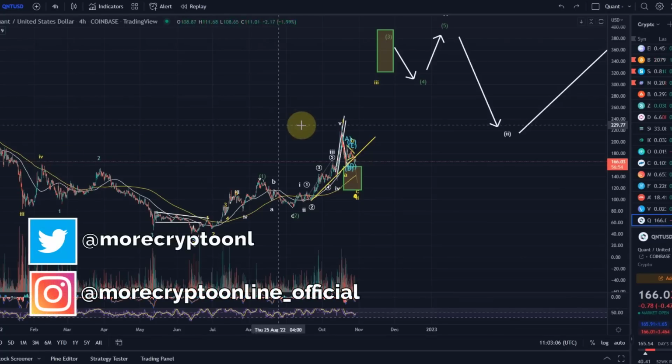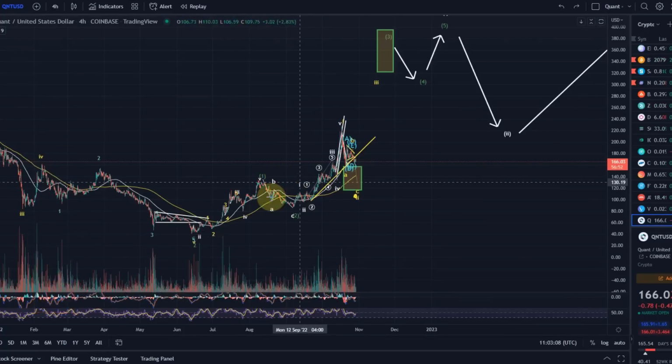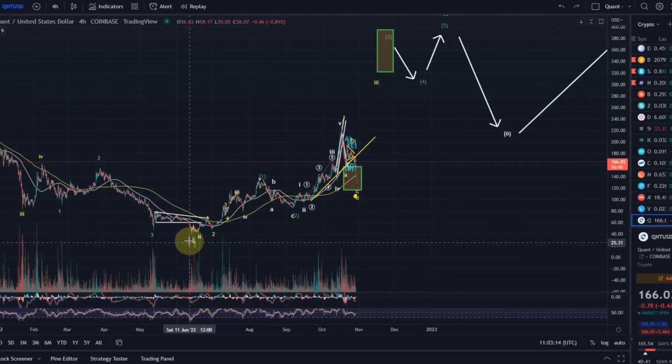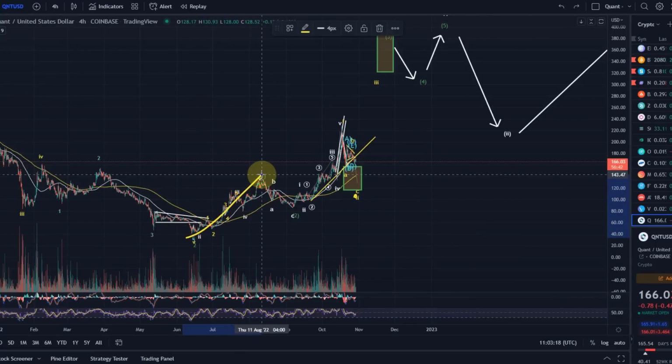Let's start with a higher level outlook. My view is still that we've already seen the bear market low here, around $40. At the time we reached the 88.7% Fibonacci retracement level, we did reverse and started to move up in a wave one, an impulsive wave, indicating the trend has changed. We already talked about that.